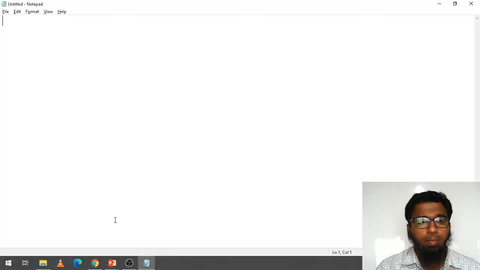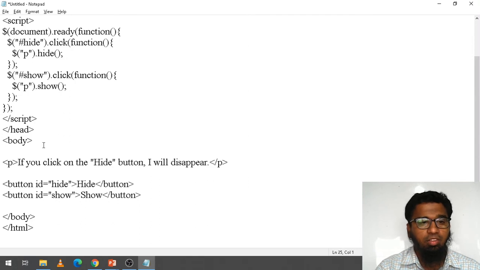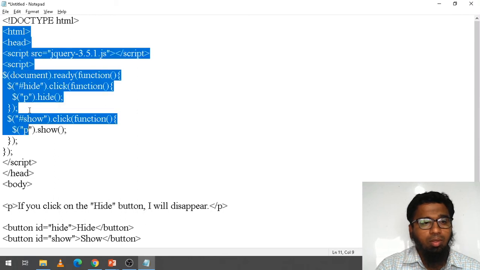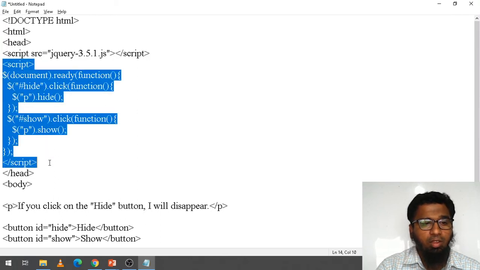Go to notepad and paste. Here when we write, we need to change the version to 3.5.1 dot js. Here this is the scripting.